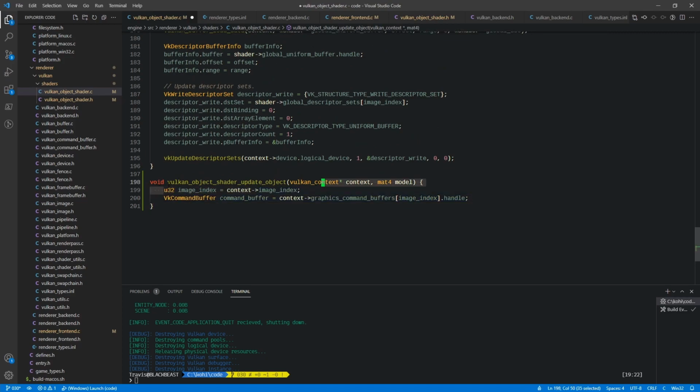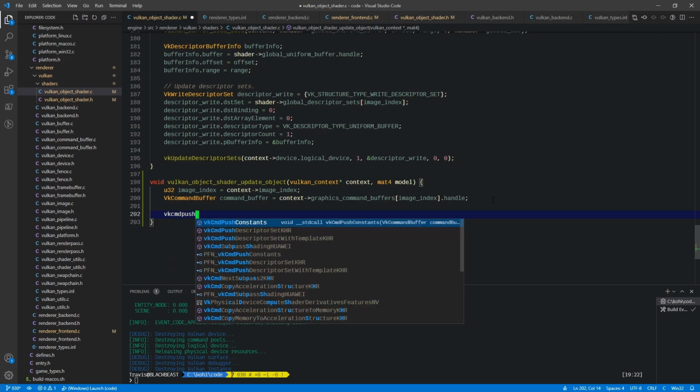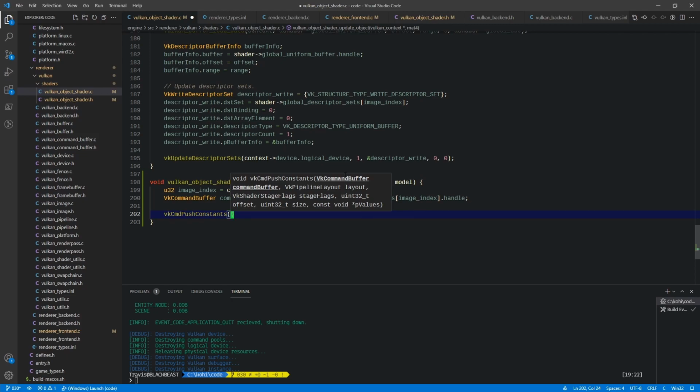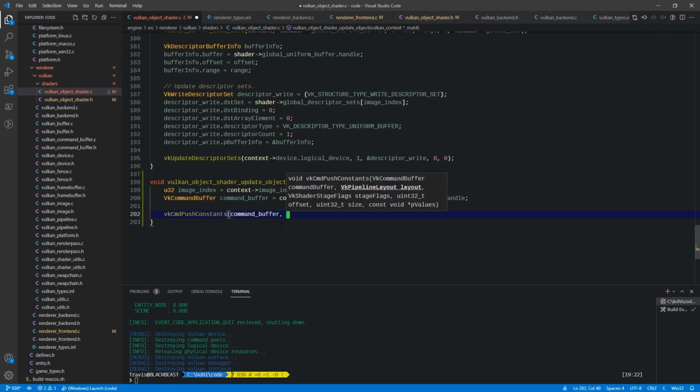We're going to take the image index, and then we're going to take a pointer to the command buffer, right? And we're going to call vkCmdPushConstants. And I'll explain what this is and what it does here in a minute. That's going to take the command buffer, and then it'll take the context